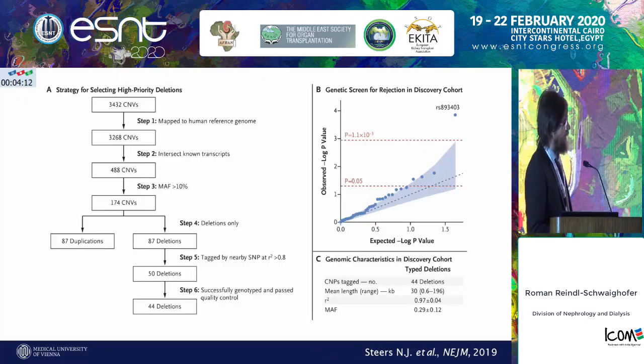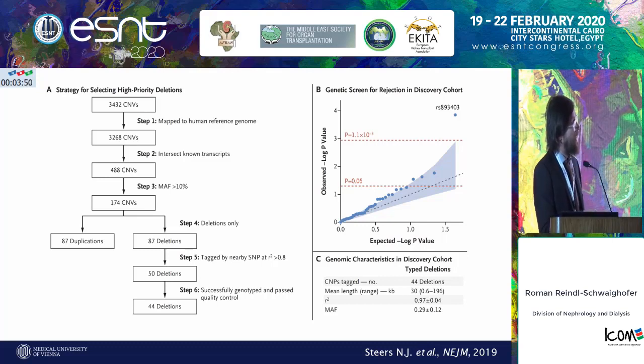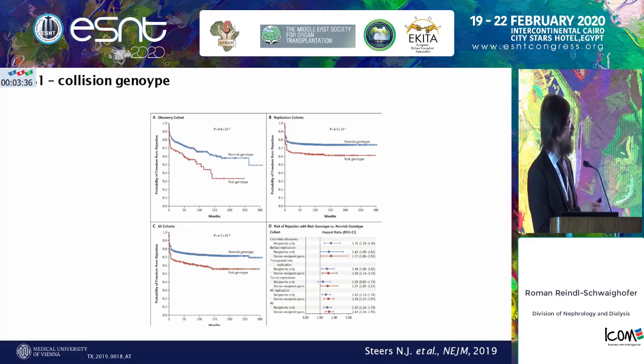And then another group from the US, from Columbia, Steers et al., used a similar approach, and they looked at copy number variants that were associated with deletions of specific genes. They started with a high number of genes, and then after quality control and allele frequency, they came up with a candidate list of 44 deletions, and they tested for association with acute rejection, and they could identify a single variant that tagged the loss of gene product for a specific gene, in this case LIMS1, and that was associated with acute rejection. And they validated this finding in a multi-center cohort in Europe and the US,